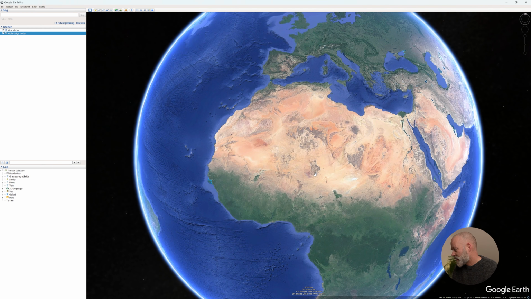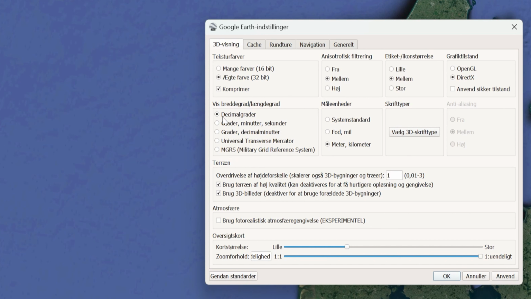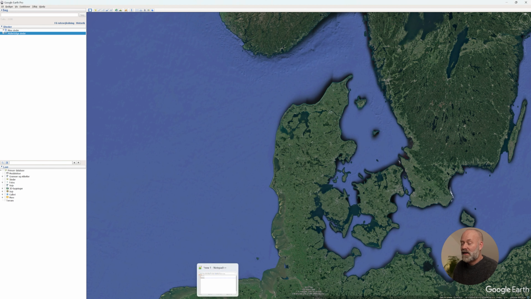This coordinate can actually be displayed also as decimal degrees, and what I did is I go to functions, settings. At the moment I have the coordinates shown in Universal Transverse Mercator, but I can also set it to decimal degrees, and that is what SketchUp works in. So I will set this to decimal degrees. No, actually I'll set it to Universal Transverse Mercator first. I'll show you why. So set it to Universal Transverse Mercator, press apply and OK, and now we'll go back